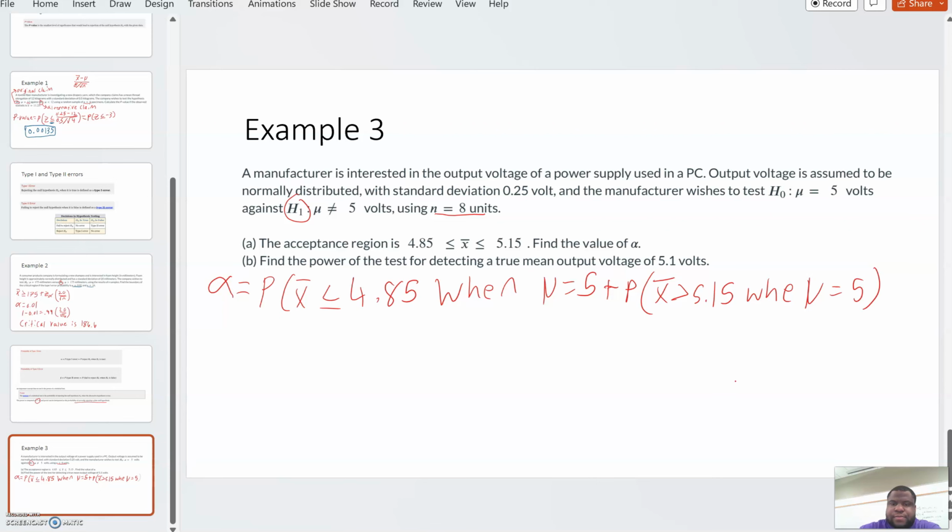When mu is 5. So to begin to figure this out, let's start plugging in. Again, we want to use the formula that we've been using, where we have x bar minus our population mean, which is 5, divided by our standard deviation, which in this case is